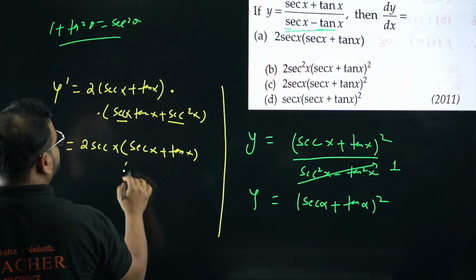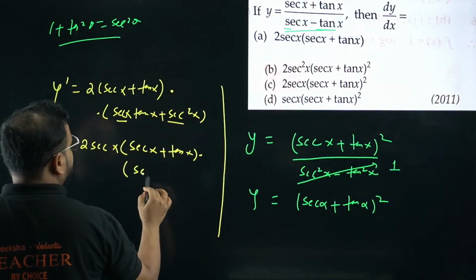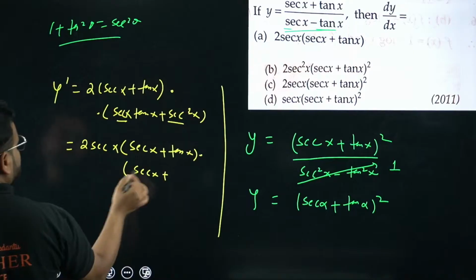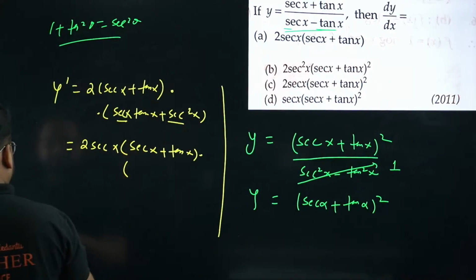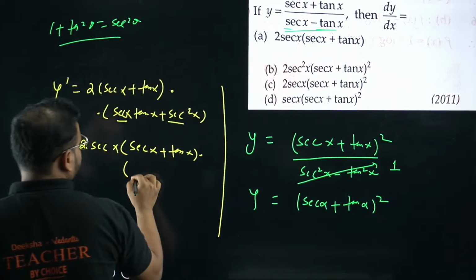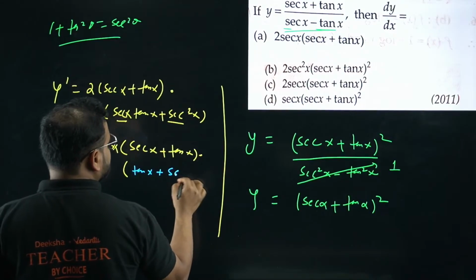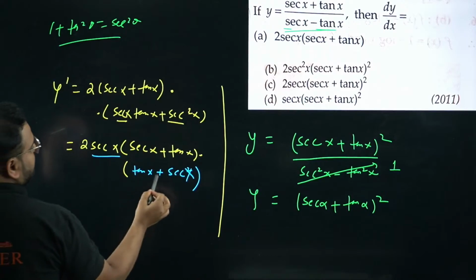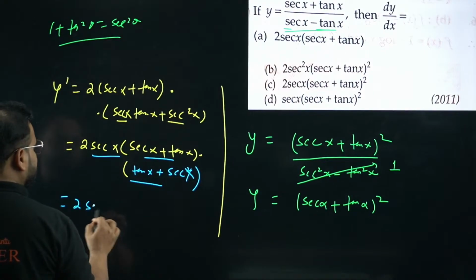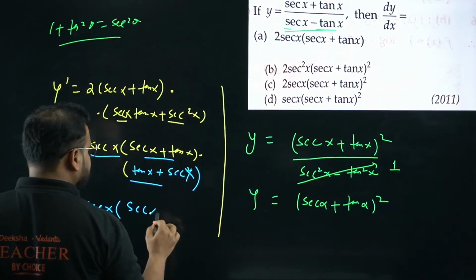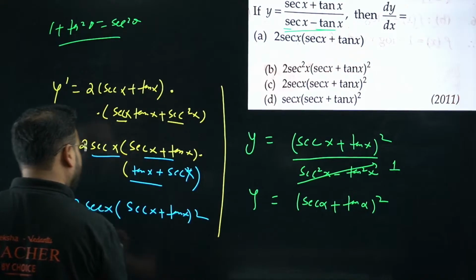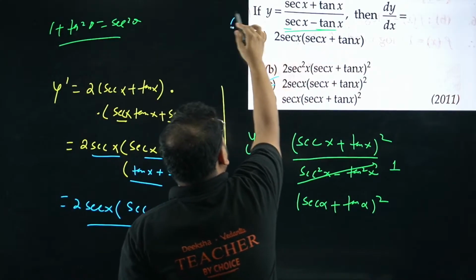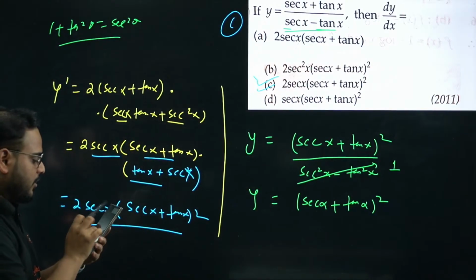What is this bracket left with now? It's going to be sec x plus tan x, you have taken sec x common, right? So you'll have only tan x left. So we'll have over here tan x plus sec square x, but I've taken one of the sec x common, so it becomes the same thing. This and this are the same, so I'm getting the result as 2 sec x times sec x plus tan x the whole square. The answer is option C, right? Option C is correct. Yeah, so all of you got it right.